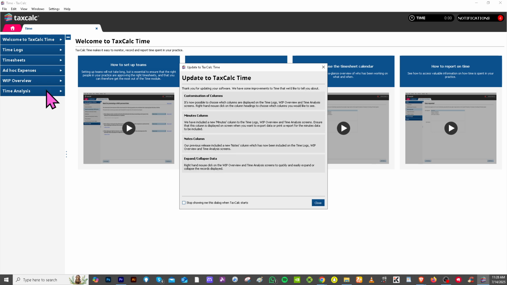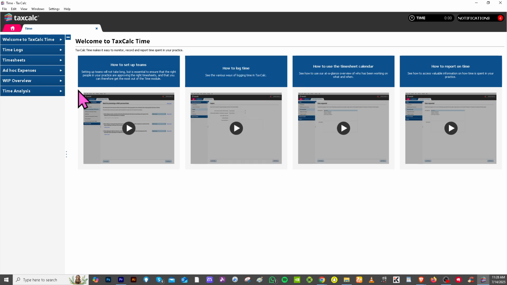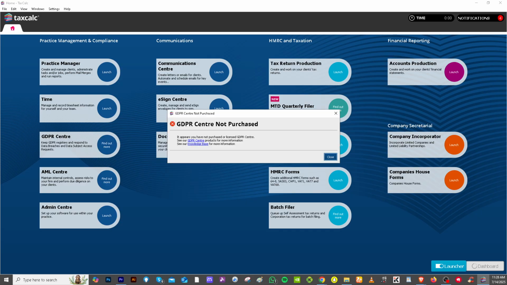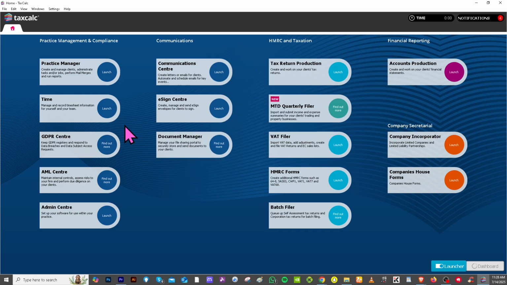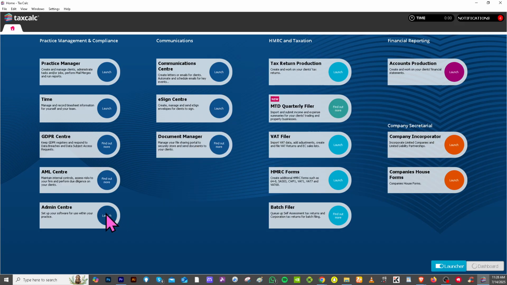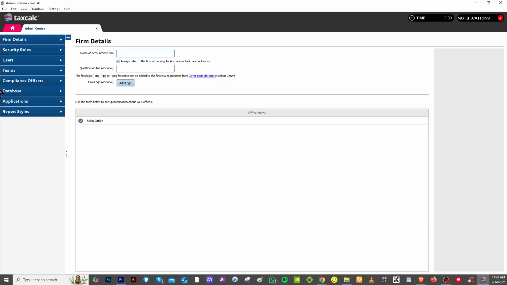and internal analysis. With this, you can record billable and non-billable hours. You can generate timesheets and export to invoicing or reporting tools, which is useful for managing staff productivity and client profitability. All right. There's going to be the GDPR Center, but it's part of the subscription plan, plus the AML Center. All right. The Admin Center is where you can